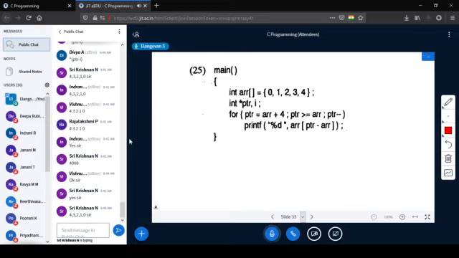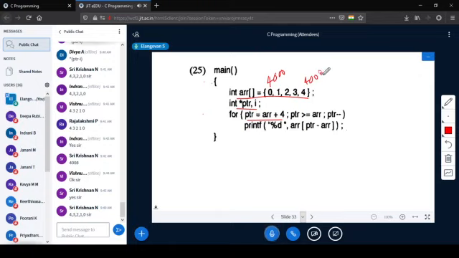Okay, the next program is this one. Array of ARR is initialized with 0, 1, 2, 3, 4, so 5 elements are there. Ptr is taken as a pointer variable, and Ptr is initialized with ARR plus 4. Means if I am taking it as 4000 or 6000, whatever may be, so 4000, and this is 4008. So we are starting with 4008.